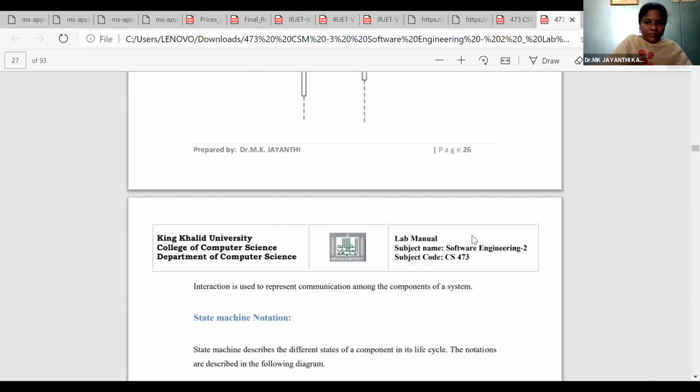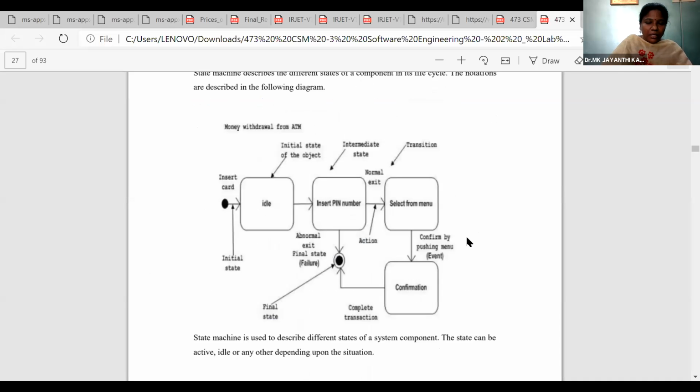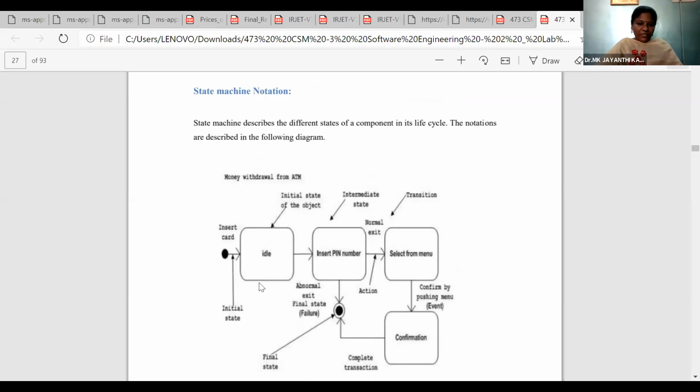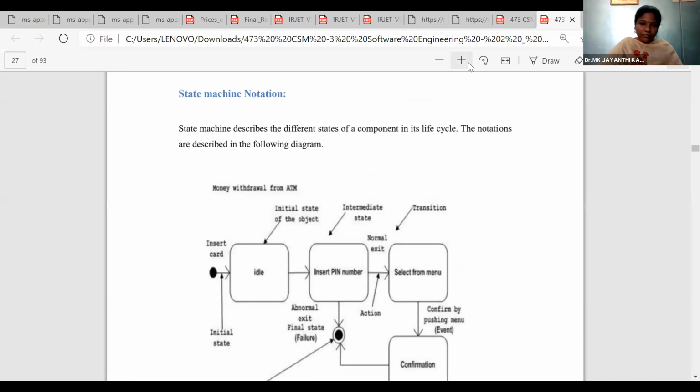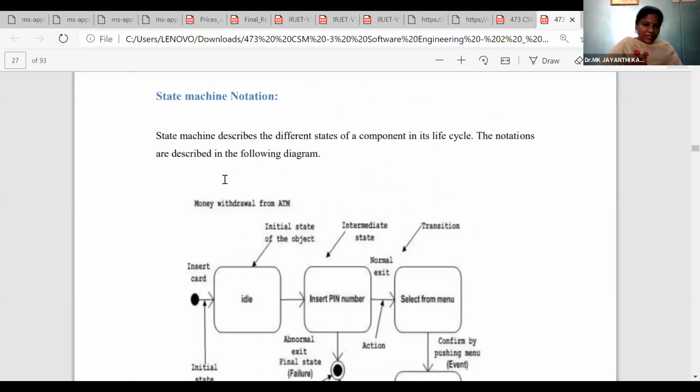In the same way, take a state machine diagram. We have the starting state, end state, and the various interactions. For example, to represent ATM transactions: I go to the ATM machine and insert the card.